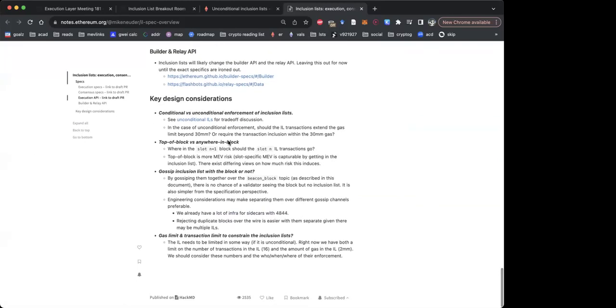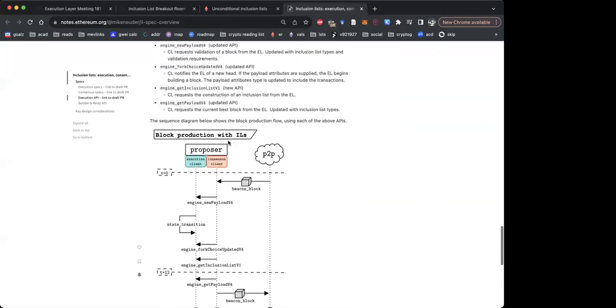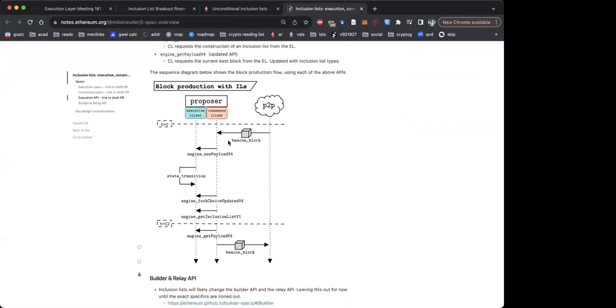Yeah, can you go back to the diagram with engine calls? So I want to actually push back a bit on get inclusion list being a separate method. Because when the CL client forwards fork choice updated to the execution client, the execution client should build an empty payload.